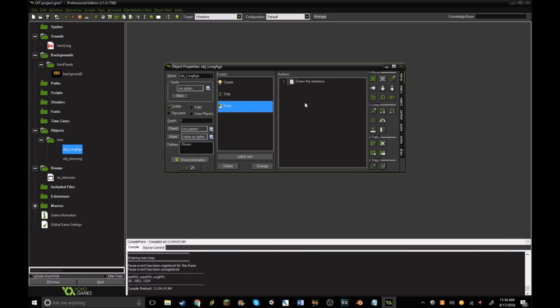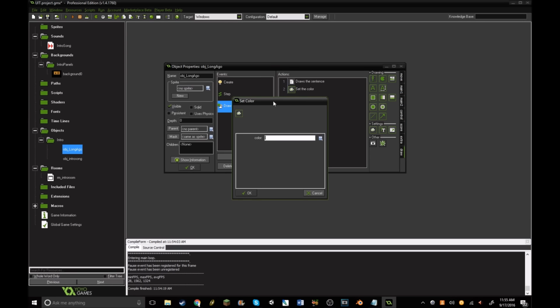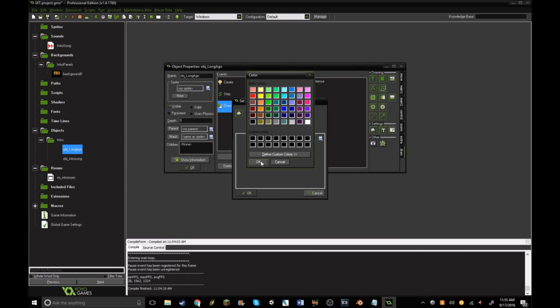If you're wondering what was happening, it wasn't telling what color it was to draw. So this is where this stuff in draw can come in handy. So you want to click away from move, or main, or control, or draw, or whatever it's on, and just click draw, and then drag and drop this paint palette into the action folder, and then change the color to white,